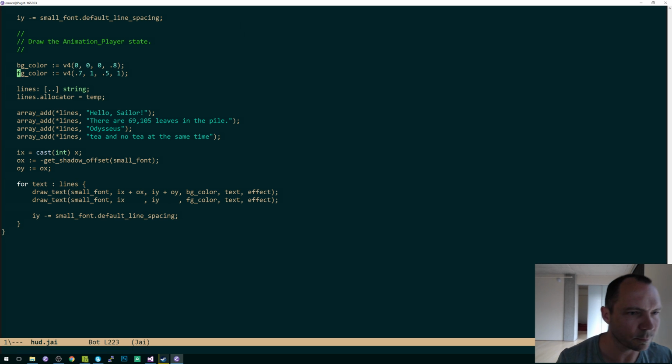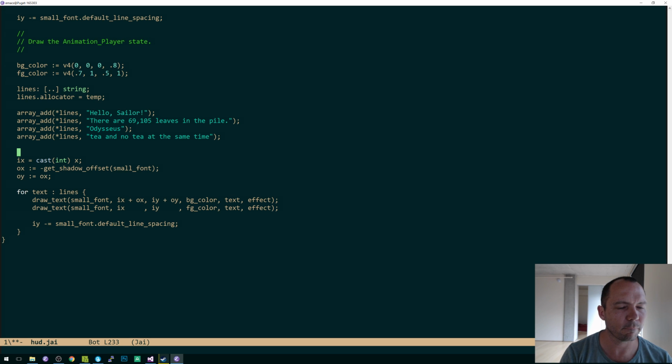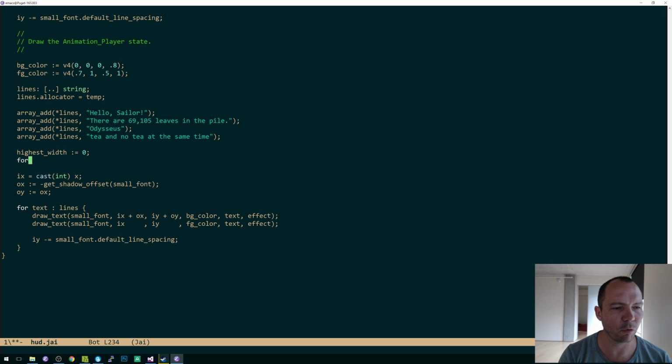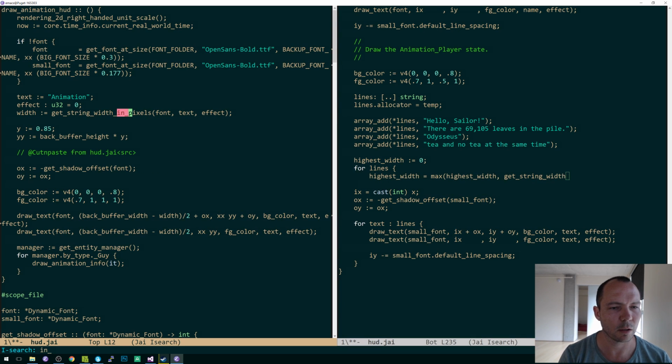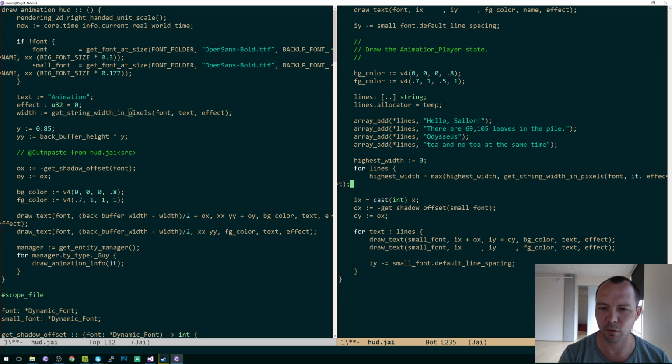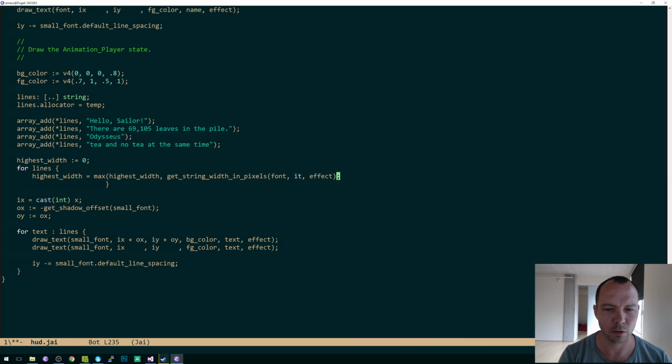And so the first thing is we're going to say highest width is 0, and we're going to say for each of the 4 lines, highest width is max of highest width and get string width in pixels, with the font and effects. All right, so now before we draw the background box,